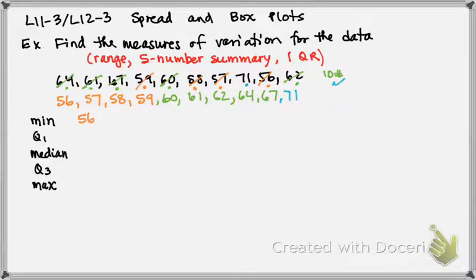It's the smallest number, 56. Max is easy. It's the largest number in your group. Median, I'm going to have to figure out. So with the median,